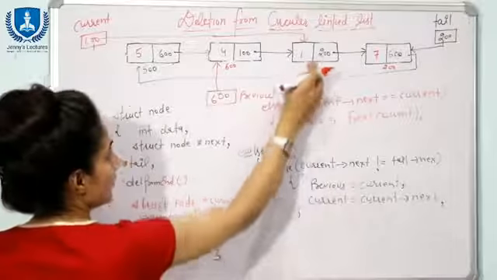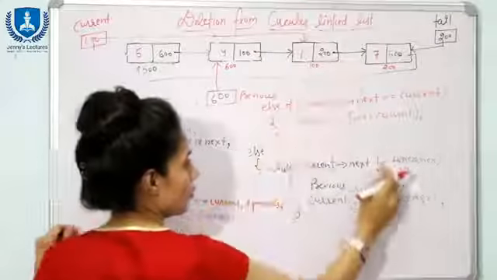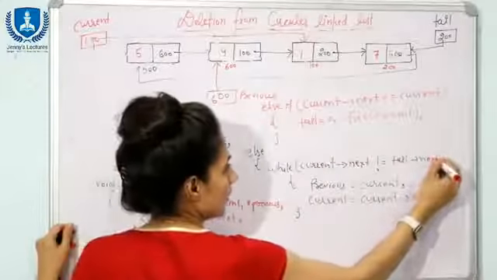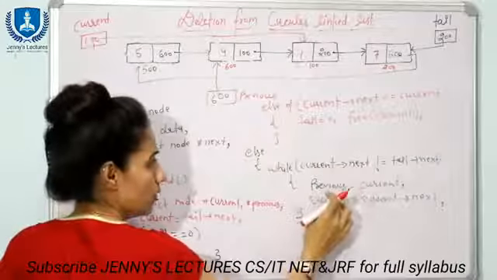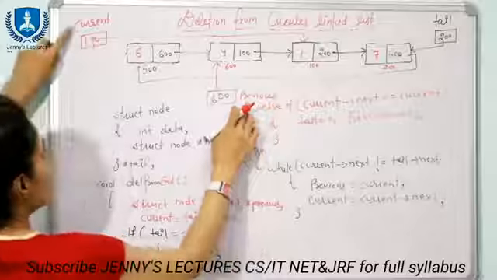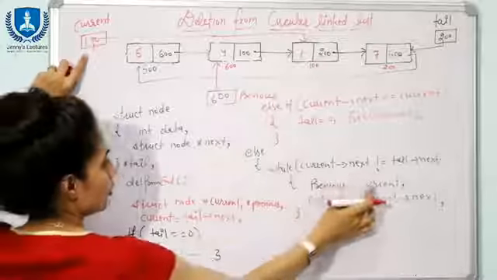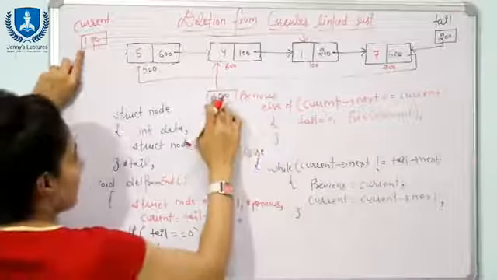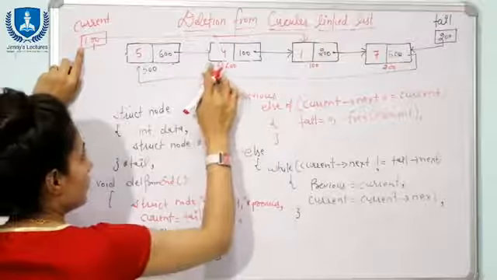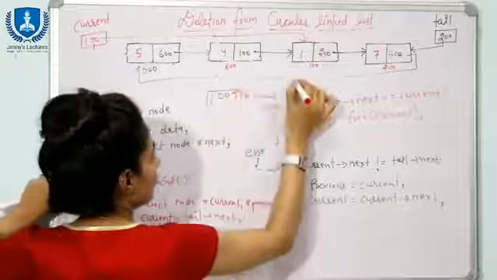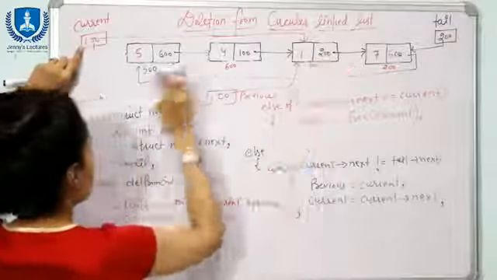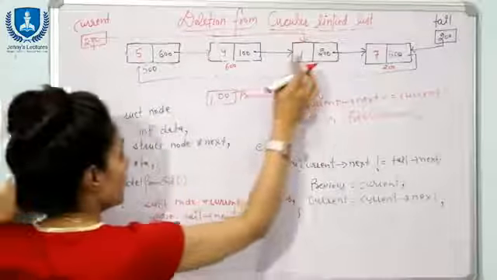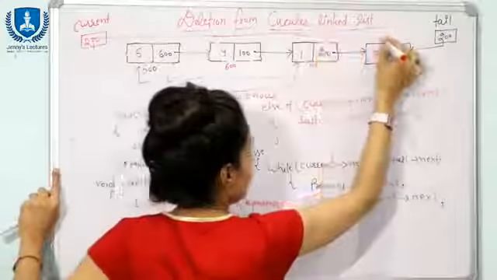Again check current of next, which is 200. 200 is not equal to tail next, right? Tail next is 500. Yes, the condition is true. So we are again entering this loop. Previous is equal to current, so in previous we will store 100, since in current we have 100. So now previous is pointing to this node, and now we will move this current. Current is equal to current next. In current next we have 200, so here we will store 200. So now current would be pointing to this node.